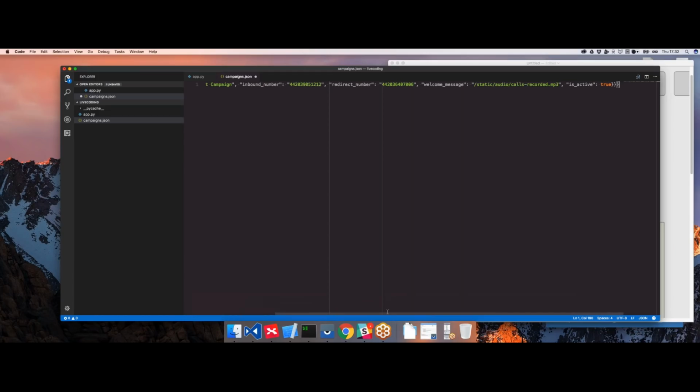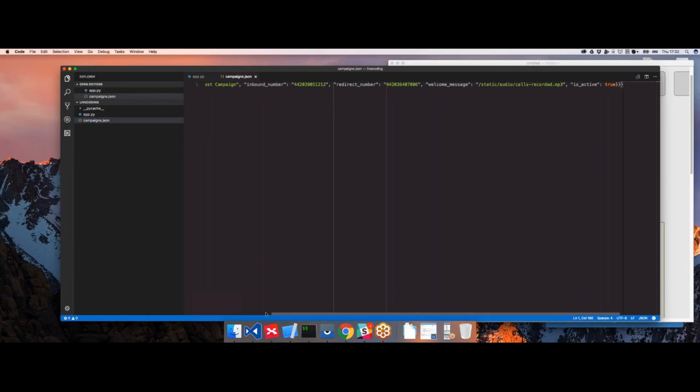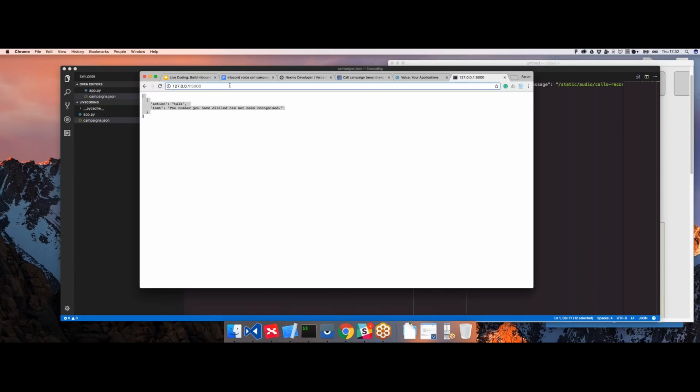So as I said, it's just a piece of JSON. You can see here I've got a test campaign. I specified an inbound number, I specified a redirect number, and I specified that welcome message, of static audio calls recorded.mp3. So let's save that in there and have a look at what was our to number. So if we select our inbound number, and let's run this again, but this time we're going to provide that query string parameter,